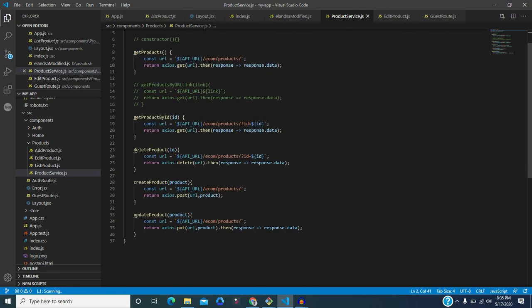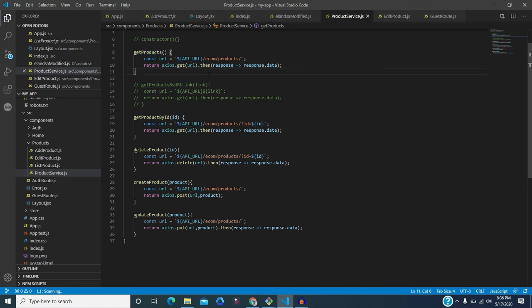Then it's calling ecom and products, which is the part of the API. This is basically a concat to make a proper API endpoint. For get product, no need to pass any data.